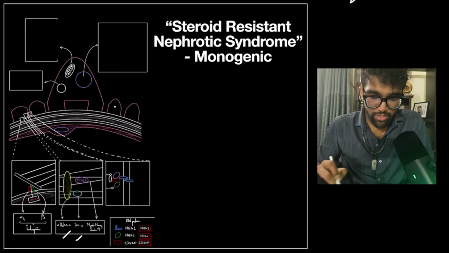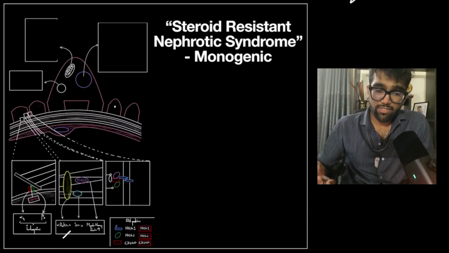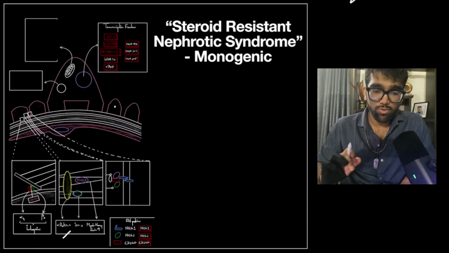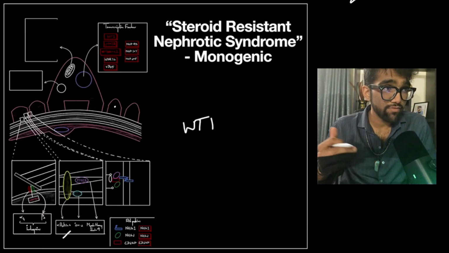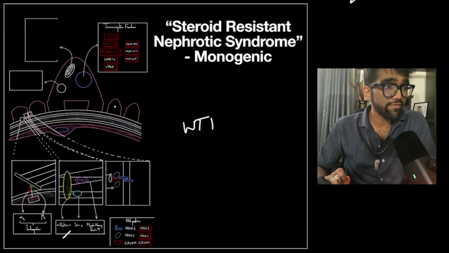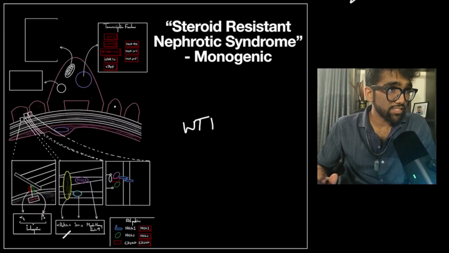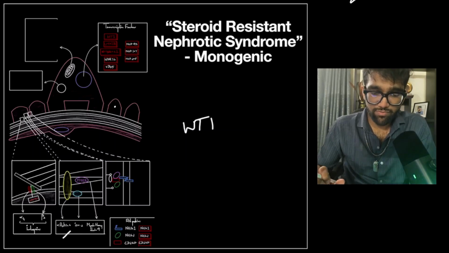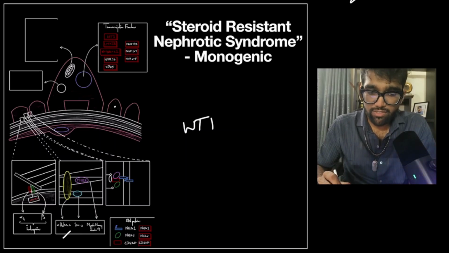Now, the defect may be more upstream. That is, it may be a defect in the transcription factors that are expressed by normal podocytes. So those include WT1, that is defective in your WT1 syndrome, LMX1B, which is defective in your nail patella syndrome, and SMARCAL1, which is a protein that we'll discuss when we discuss the causes of adrenal insufficiency. Then other transcription factors like